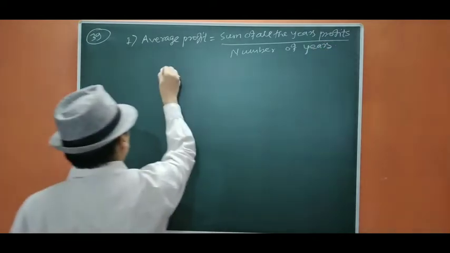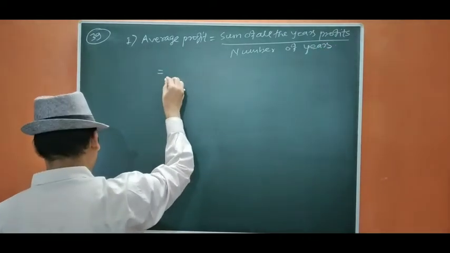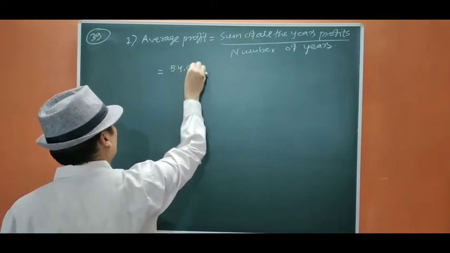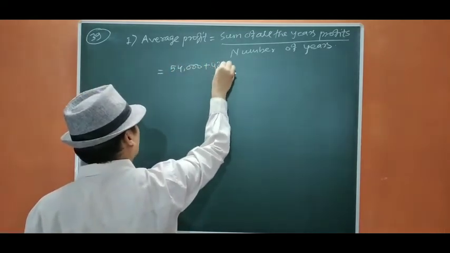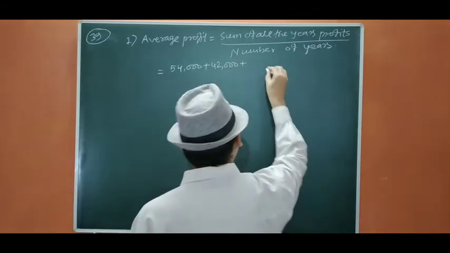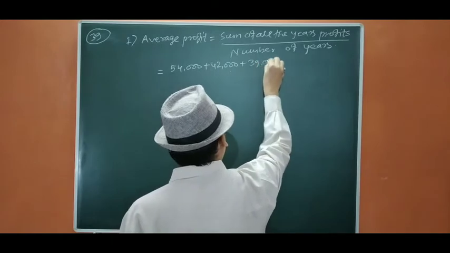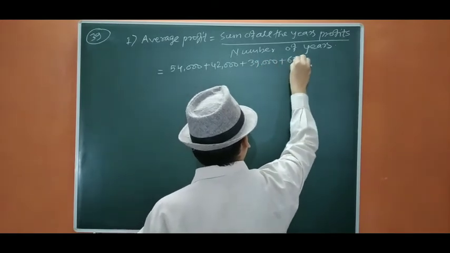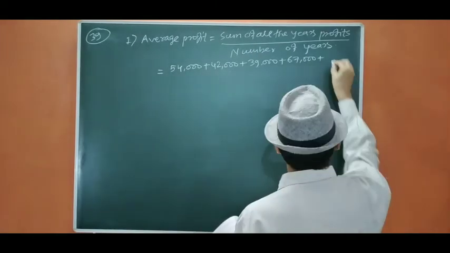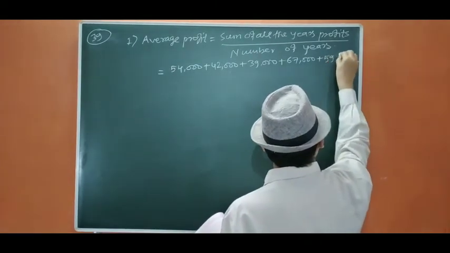Okay, so the profits are given: 54,000 plus 42,000 plus 39,000 plus 67,000 plus 59,000 upon